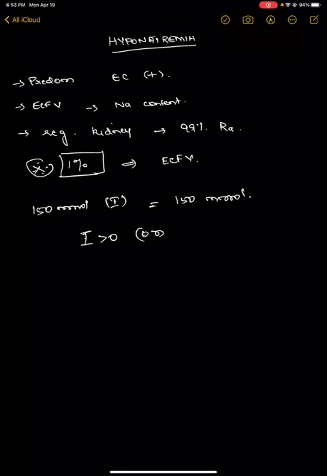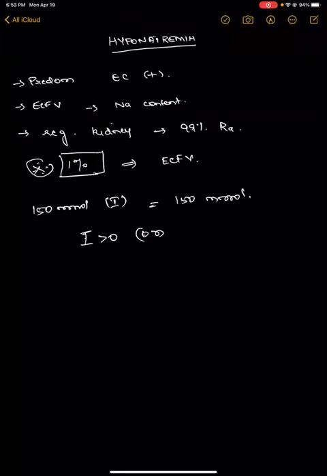which determines the extracellular fluid volume. This is regulated in the kidneys, out of which 99% are reabsorbed. The 1% of the sodium, whether it is getting filtered or it is getting reabsorbed, depending upon that, the ECF volume is determined. In an ideal situation, 150 millimoles of input should lead to a 150 millimoles of output.